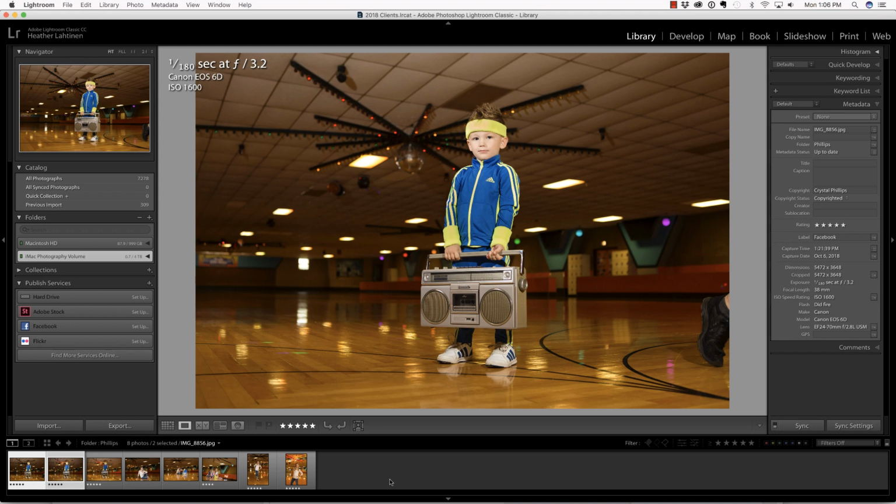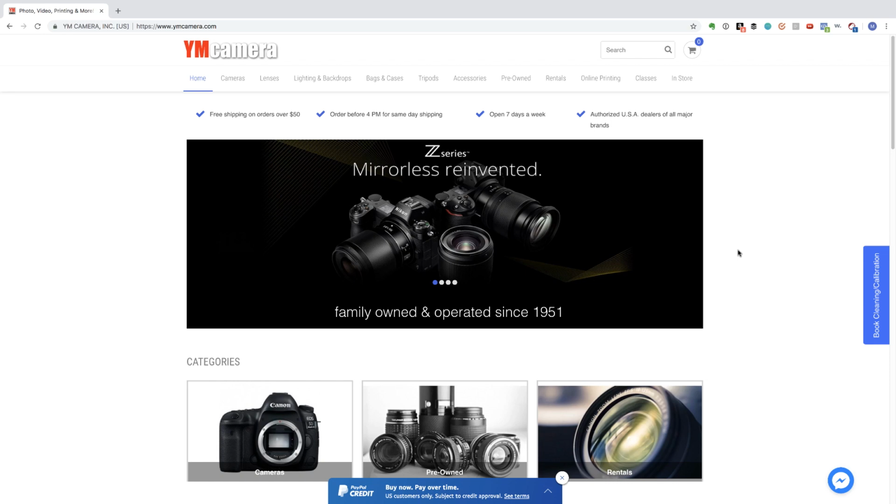In this video, we are going to combine two images inside of Photoshop, but first, make sure you check out